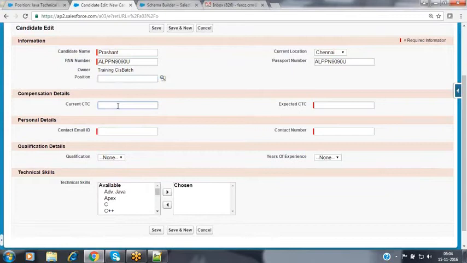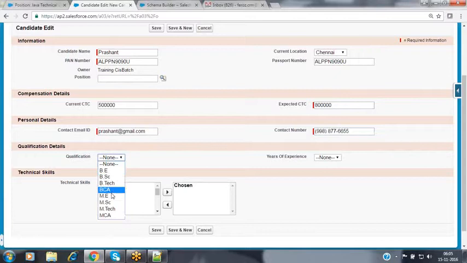Current CTC, I'm entering some value like 5 lakhs. Expected CTC, 8 lakhs. Contact email ID, I'm entering some value, Prashant@some gmail.com. And the contact number, I have entered a value. Qualification, he has an MSc.